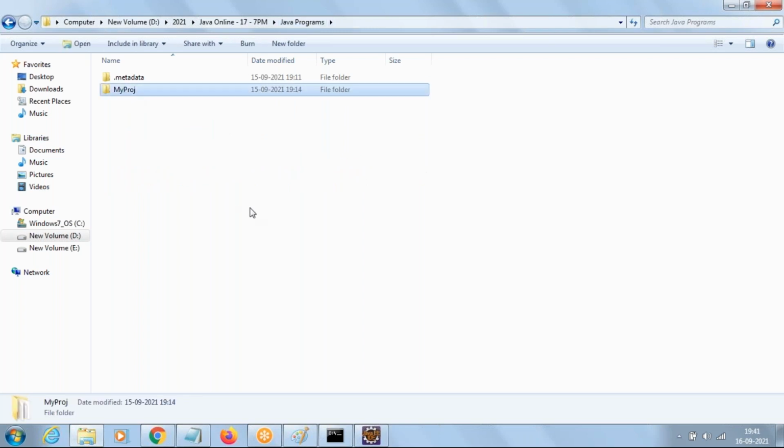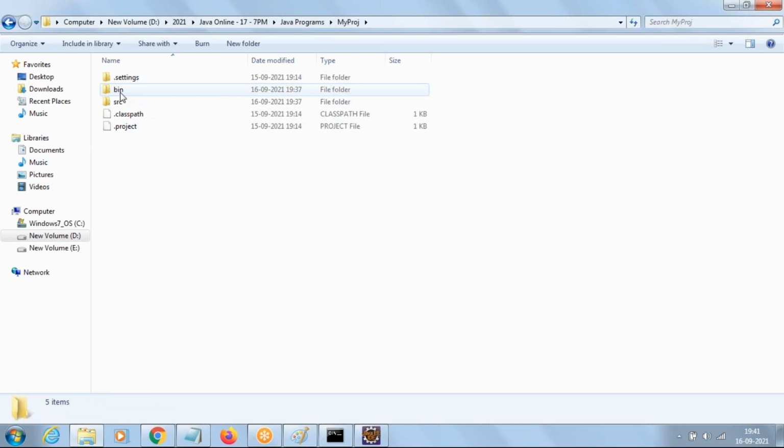So when we open Eclipse, we choose the folder, and in that folder your project will be created. If you open the project, you can find bin. Under bin, you can see the .class files. Whenever we compile a Java program, we get a .class file for every class. So in bin you can find .class files, and in src you can find our Java files. Whichever workspace you work in, where you create the project, in that project's src folder you can find our Java files.